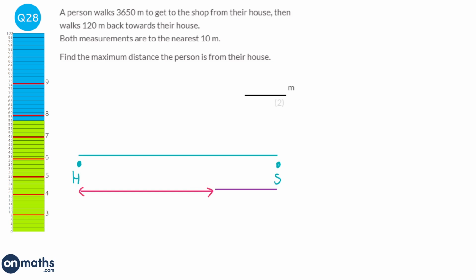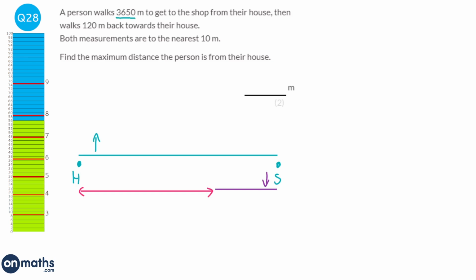So we can see that we want to maximize this distance here, so that the shop is a long way away, and we want to minimize this distance here because we don't want them to have made that much distance towards their house, because we want to maximize that distance. So we're going to find the maximum for the